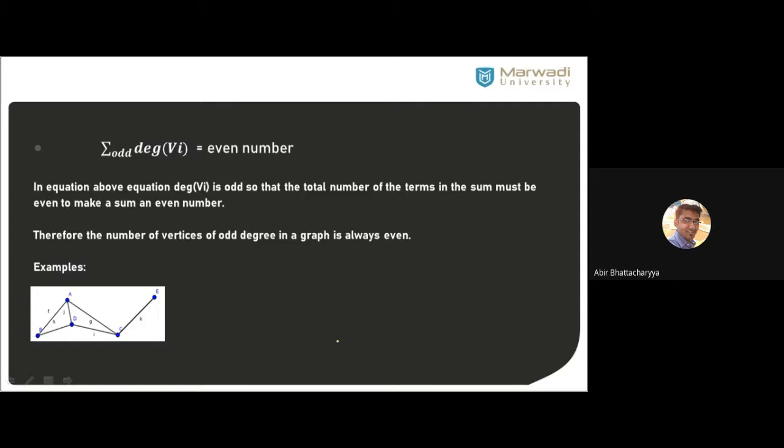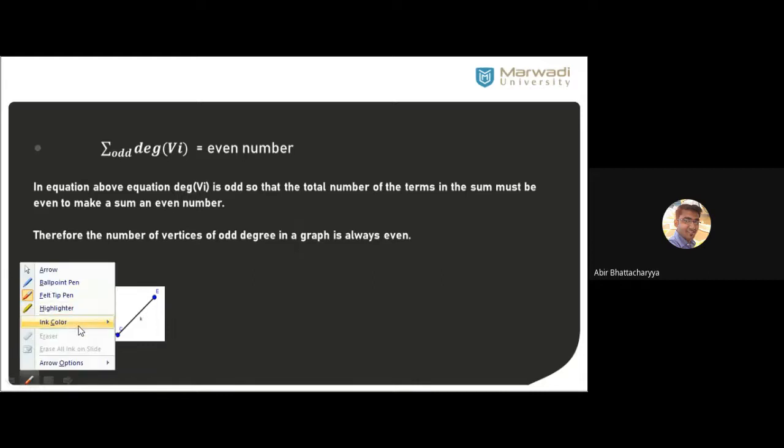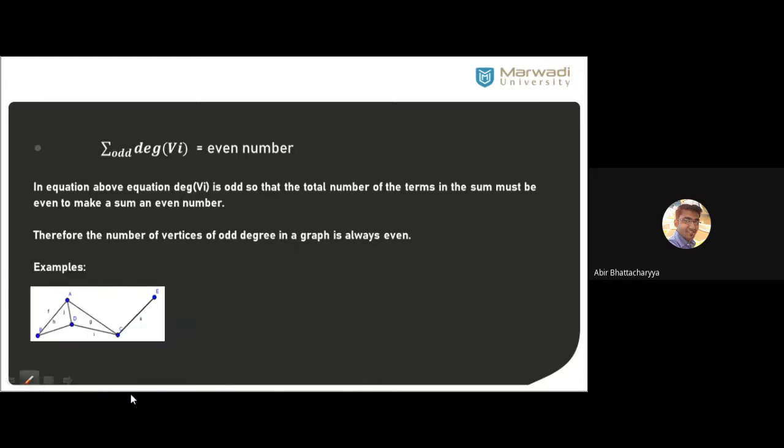I want to verify the second theorem of graph theory for this graph. What is the second theorem of graph theory and how can I verify it? I can give you a hint. The second theorem of graph theory is all about vertices. The number of vertices of odd degree, always equal to... sorry, odd degree vertices.